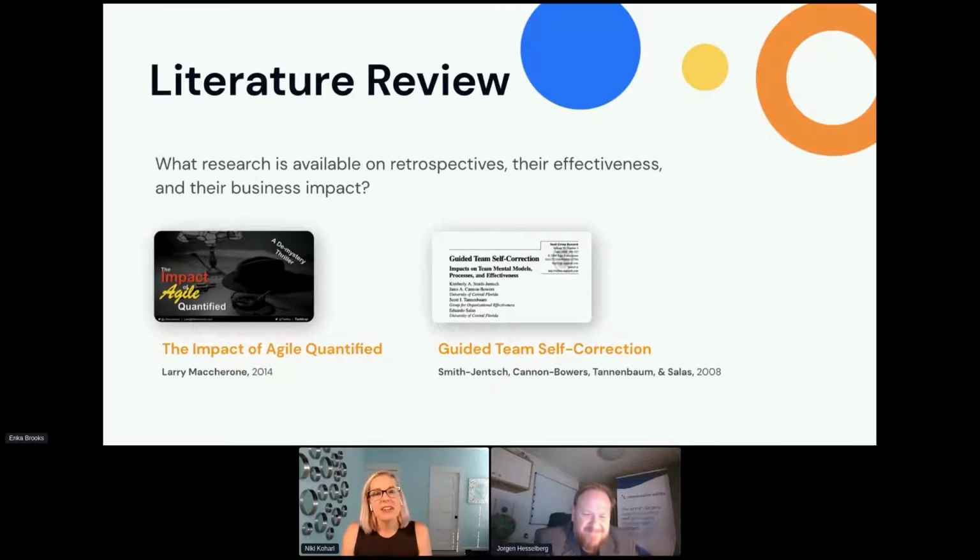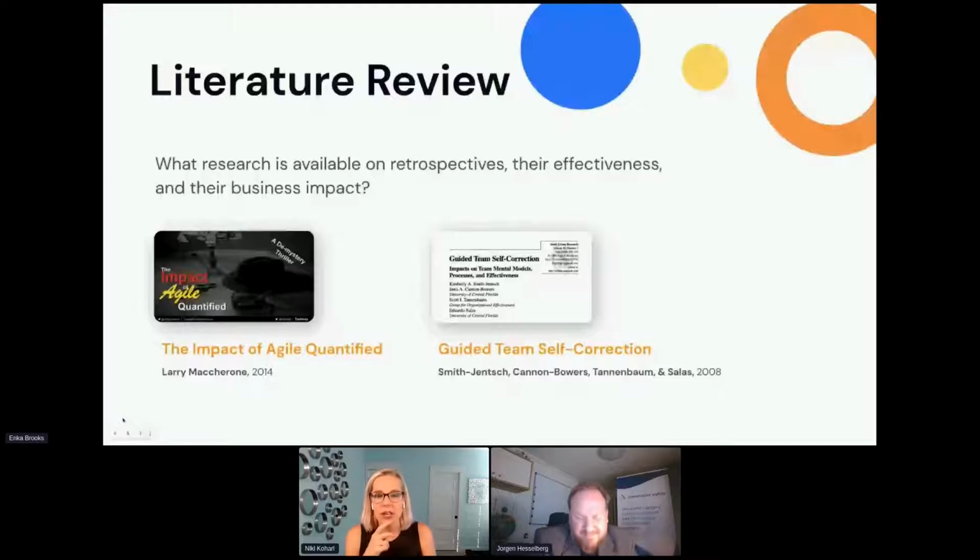So early research, though it's sporadic, does support a positive relationship between retrospectives and team and organizational success, which is great because I have conversations with executives all the time who are looking to implement retrospectives, not just in their development teams, but across their organization. And so having those conversations really helps them understand what the potential business impact is